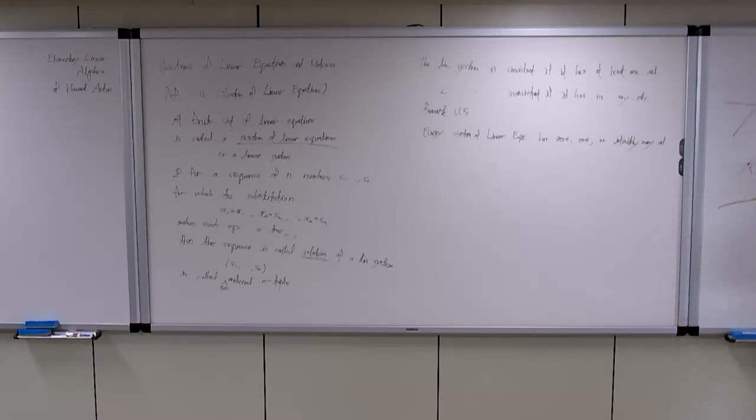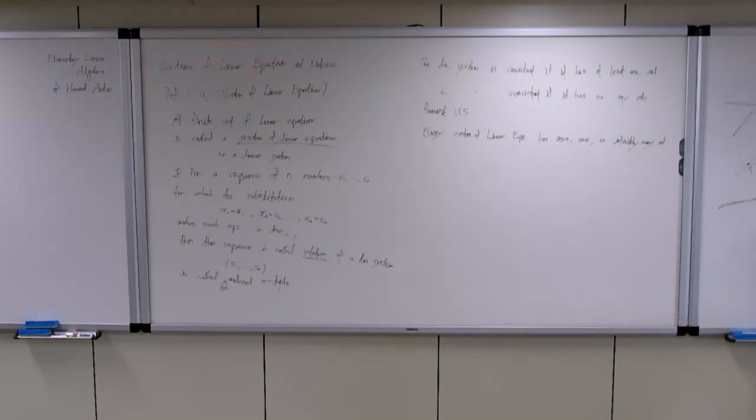In the parallel case, the planes have no solution. In the intersection case, the planes intersect in a line, and if the planes are the same, then they intersect in a plane, and